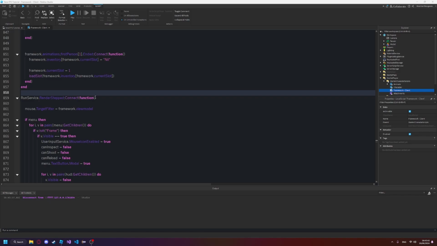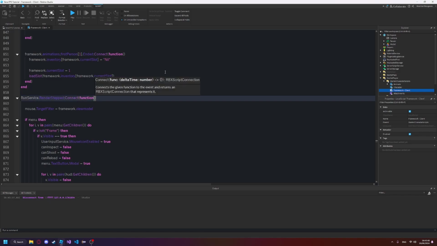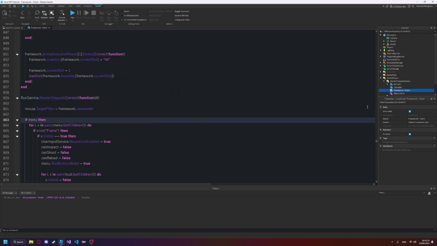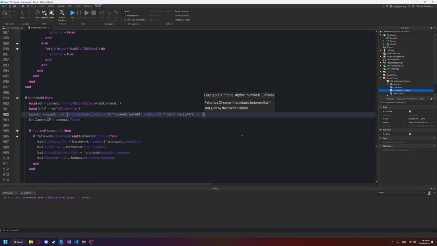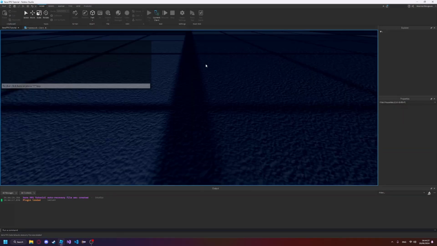So, we need delta time. As you can see, we get it from here. Let's just call it dt. And now there's a formula for this. You don't just times it by delta time. The formula that I use is 1 minus, and then the increment that you originally did. So in our case, it was 0.1. 1 minus 0.1 to the power of dt. Now we might have to change the amount,